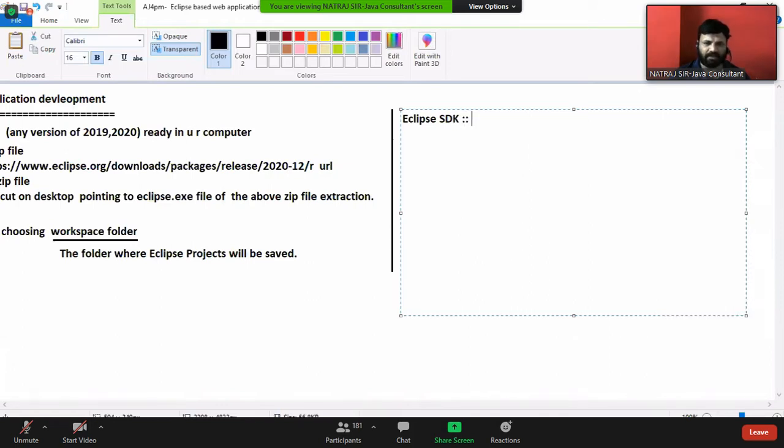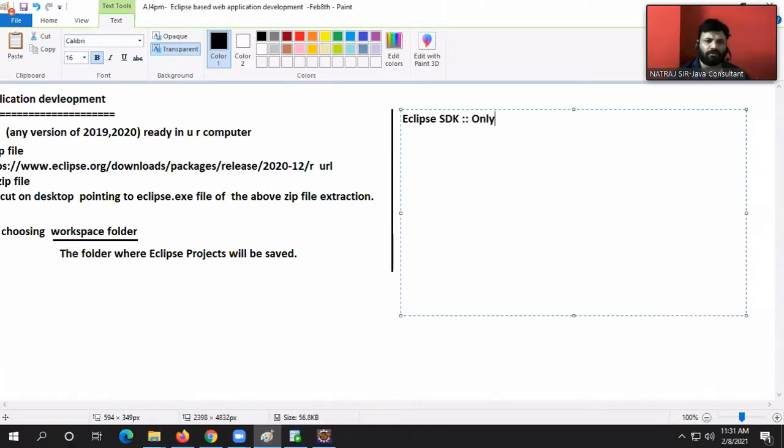Eclipse SDK, Standard Development Kit, is only to develop standalone applications.